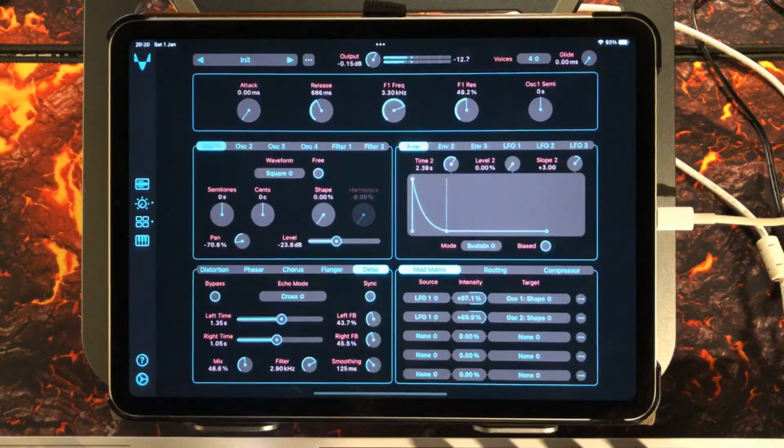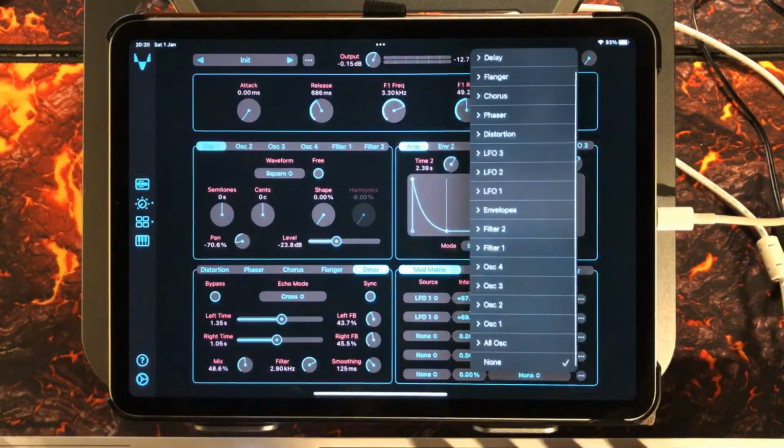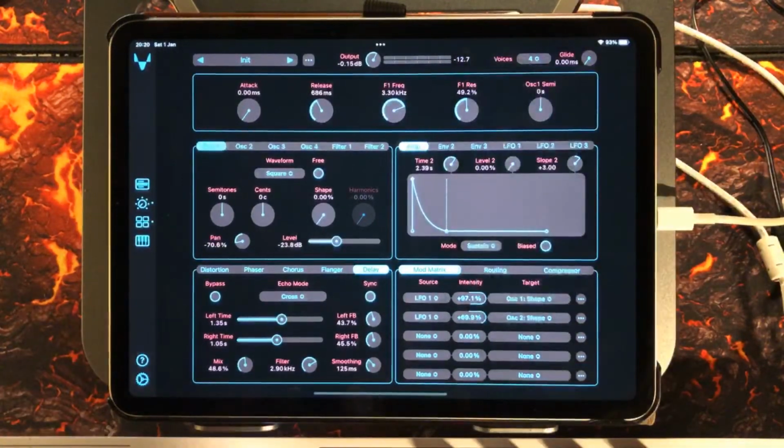What I haven't looked at, interestingly, I wonder if I have a target for the effects. I don't. Oh, I do. Oh, great. So what we could do now, this is nice. So maybe we can